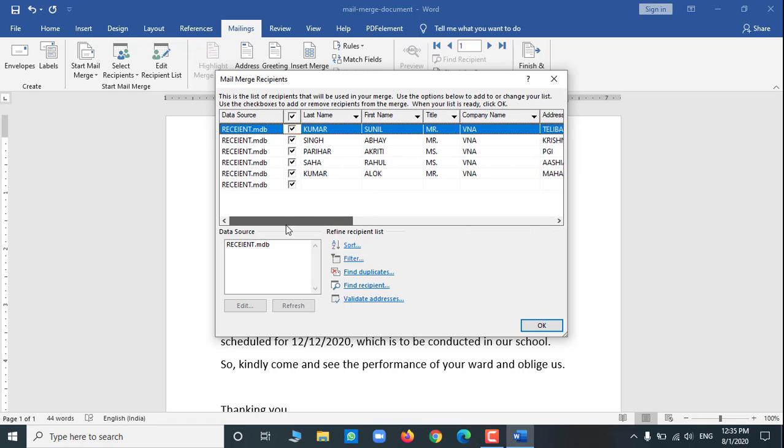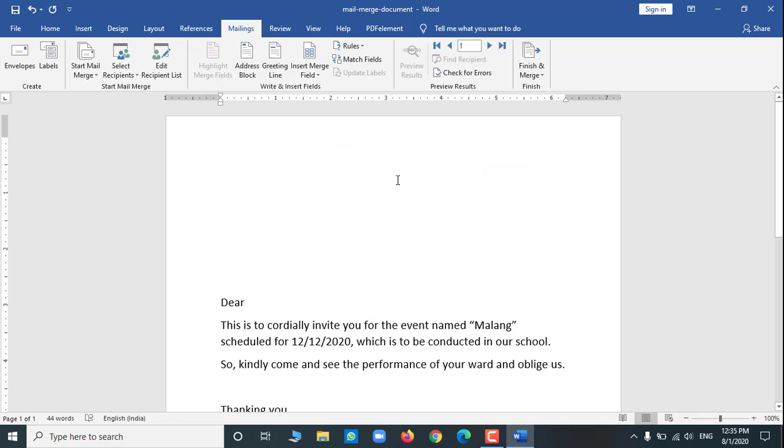From there, next we have to insert those fields which you have to insert in the main document. So first of all, you have to write To, so that to whom you have to